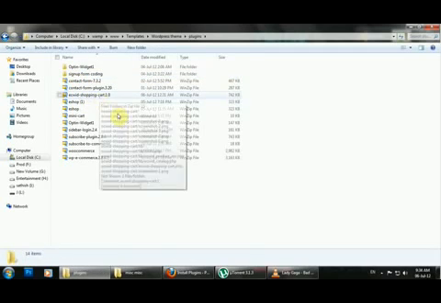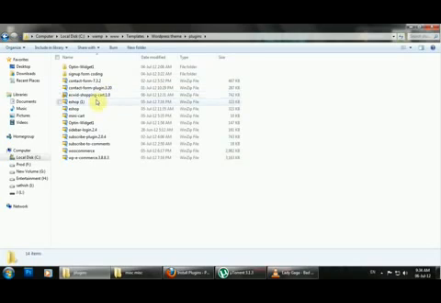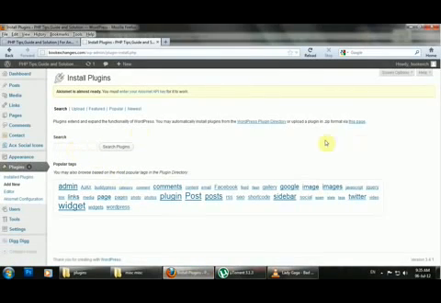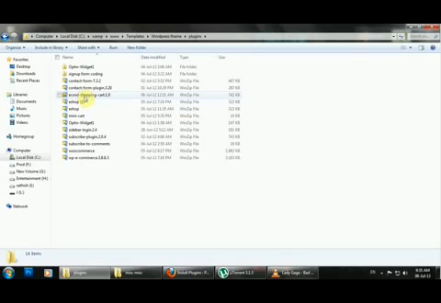Ecwid shopping cart plugin. If you don't have this plugin, you cannot add it. If you go to add new and search for the plugin, it will not be there, and if it is there, it's not working. So you'd better go to ecwid.com and download this plugin.